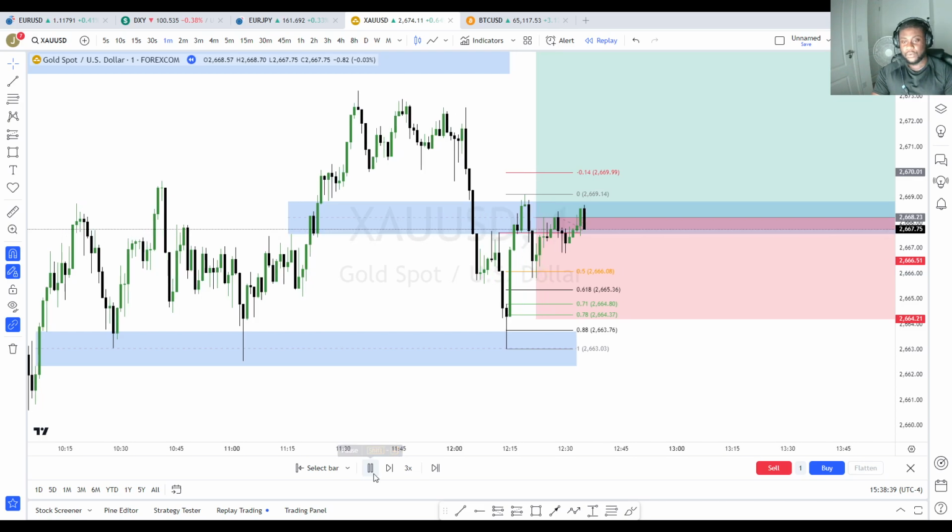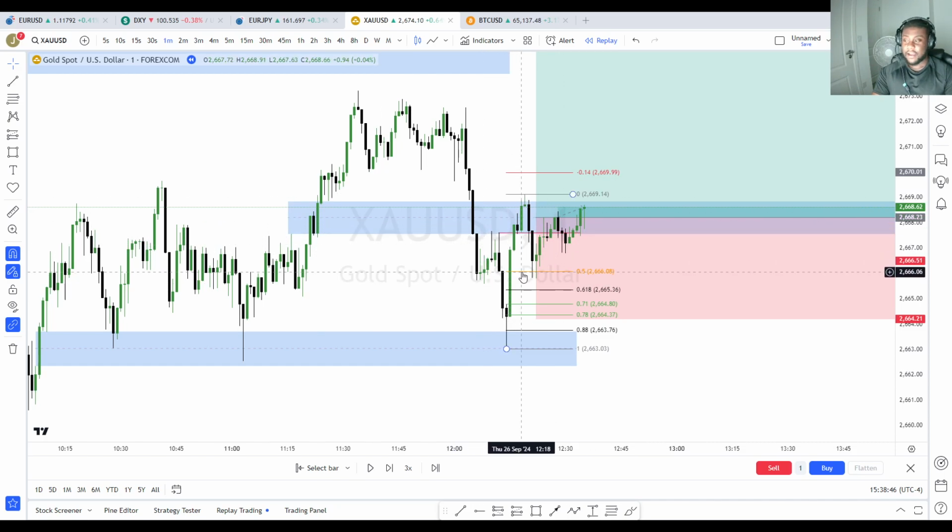Okay, so from understanding this, how price has broken the lower high, we've had a shift of market structure in the lower time frame, we've pulled back down. I'm now going to enter in for that long.